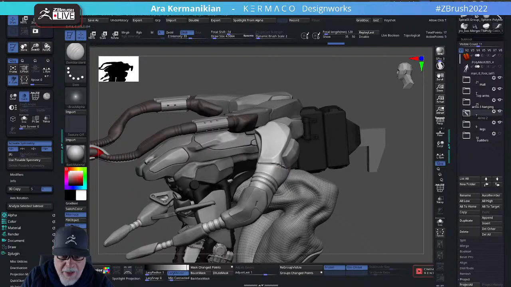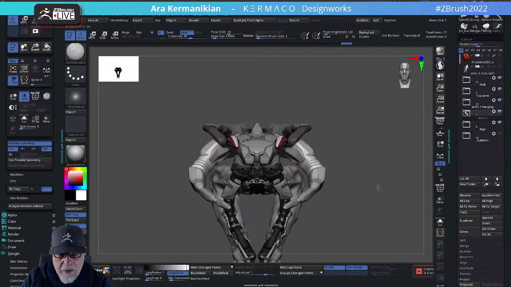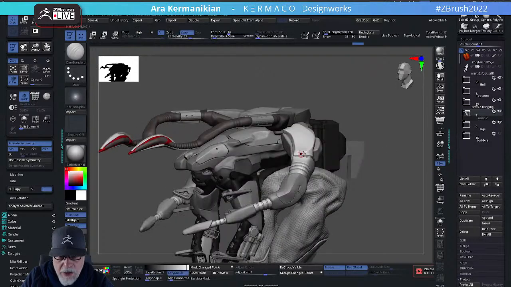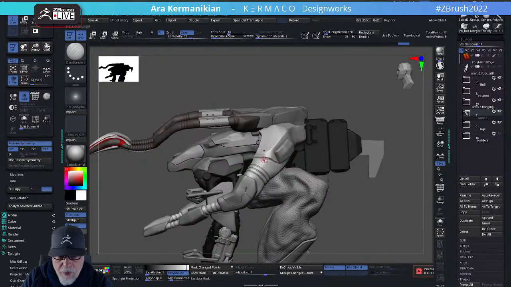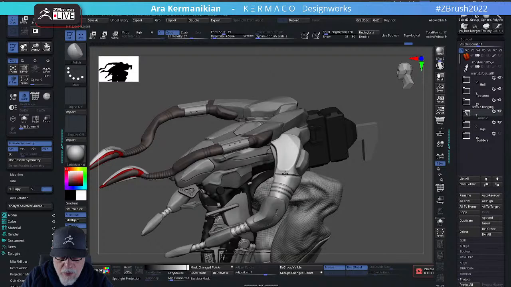Now, a lot's happened since last time. In the ZBrush Summit, they announced kind of what's coming in ZBrush in the next version. So that kind of changes my plan on this thing a little bit. My plan was to take it into Cinema 4D and then take it into Redshift, but it looks like I'll be able to do that directly, so I'm not going to render this until that version of ZBrush comes out. So what I will do is just finish modeling on it, and then we'll